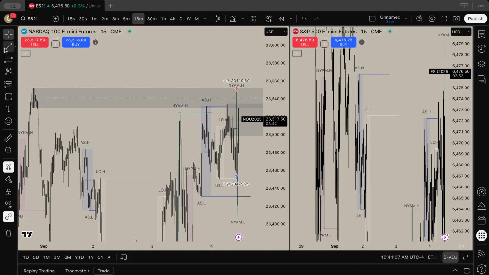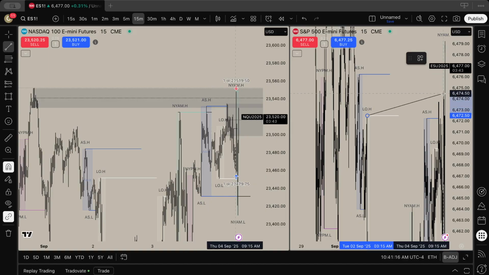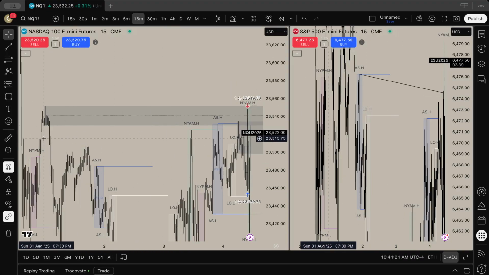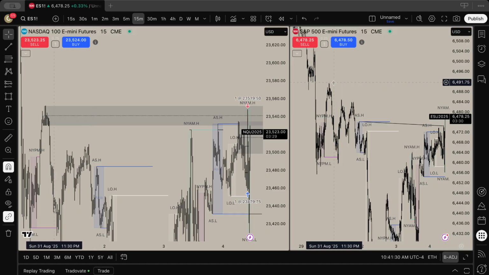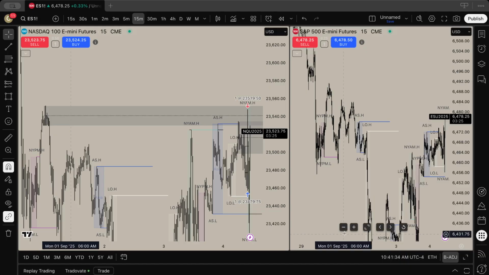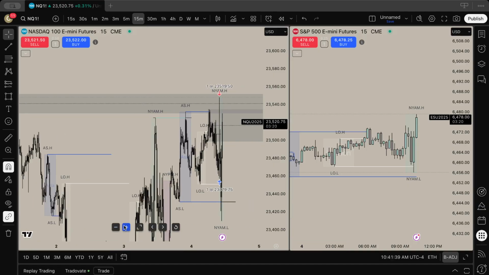As you can see, these London highs are all the way up here. Or actually, no, it was these Asia highs right here. And as you can see, we're already trading nearly above these, and on ES, these are all the way up here, right? So we see that huge SMT. So with that SMT, I was confident in taking a 30-second inversion.